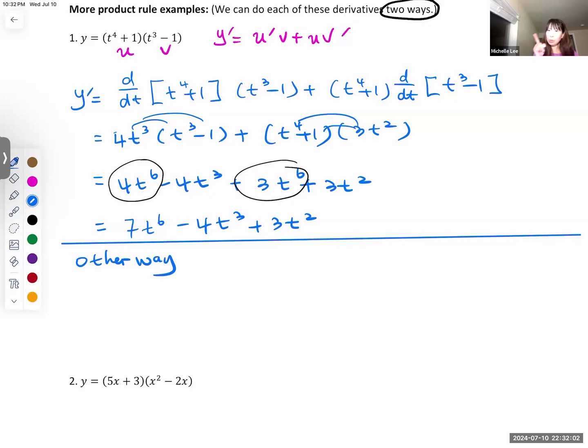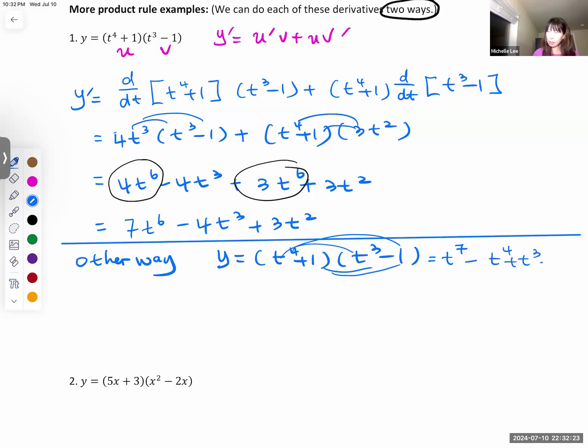Okay, so we do distribute first. So that, then we get t to the seventh power minus t to the fourth power plus t to the third and negative 1, right? Okay, we don't have to combine like terms. So as it is, then we do